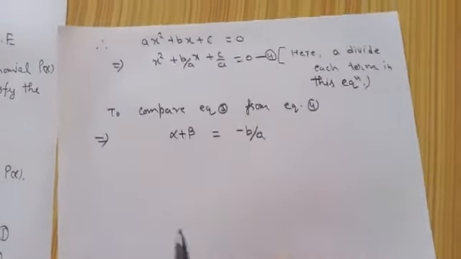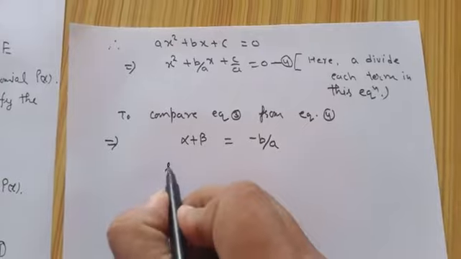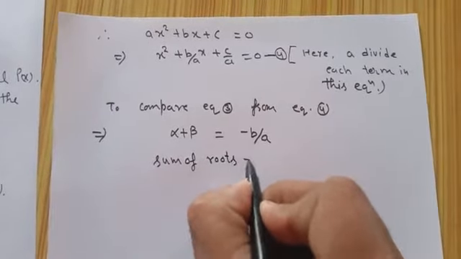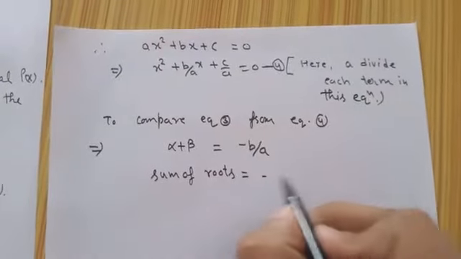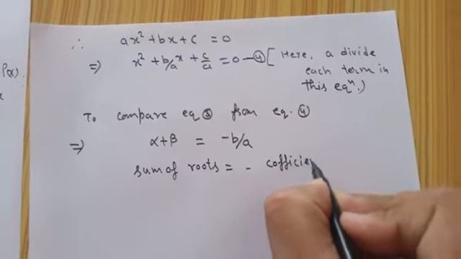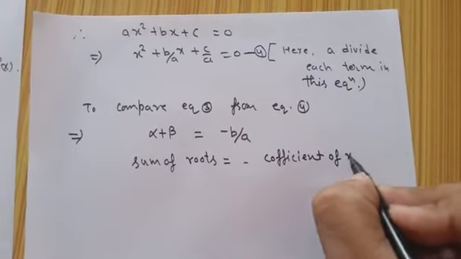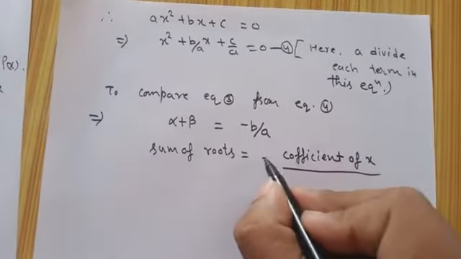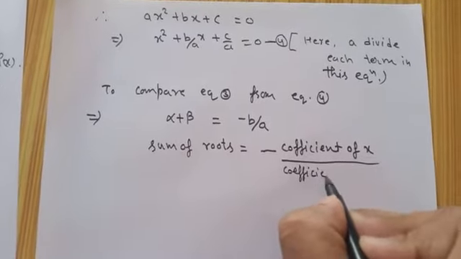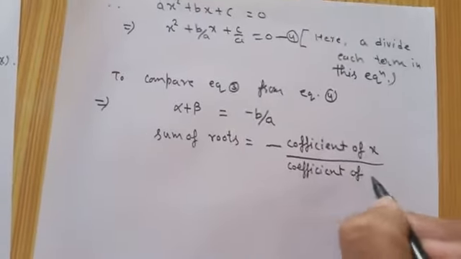We can write this as sum of roots is equal to minus coefficient of x upon coefficient of x square,